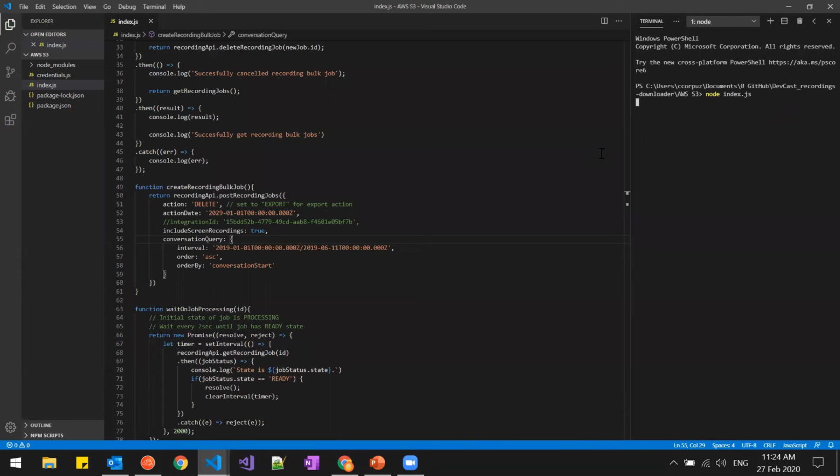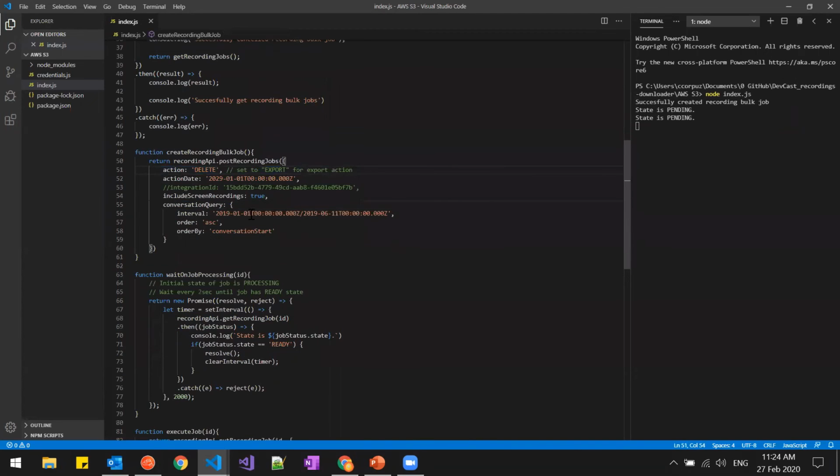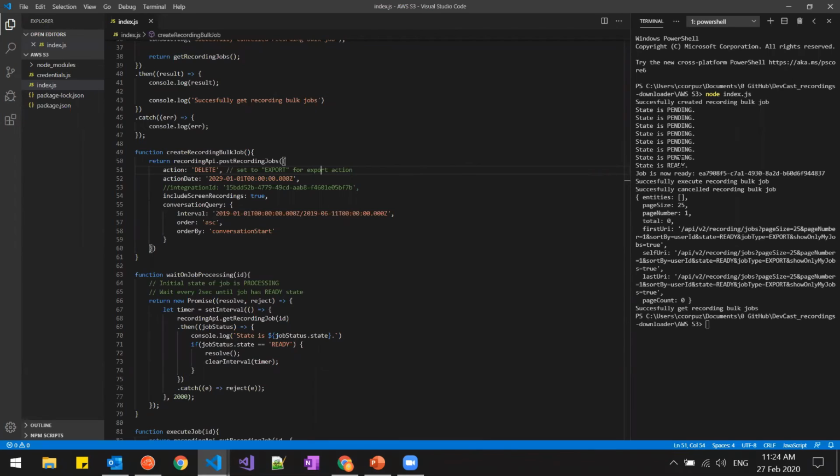Okay. So if you can follow my cursor, you can see that the action here is delete instead of export. So we're trying to delete the recordings of this specific interval. And if you look on the right side, we've created that recording bulk job, and now we're polling for the state. We're just checking if it's still pending and if it's successfully ready. So while we're checking that, it became ready,